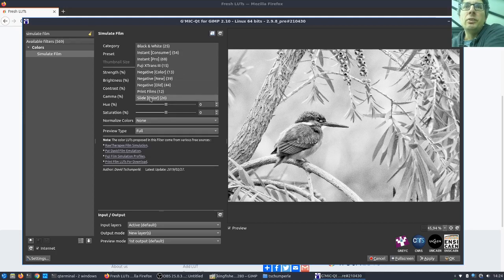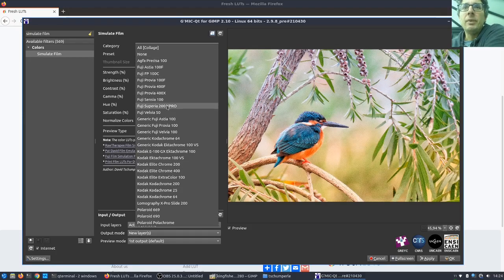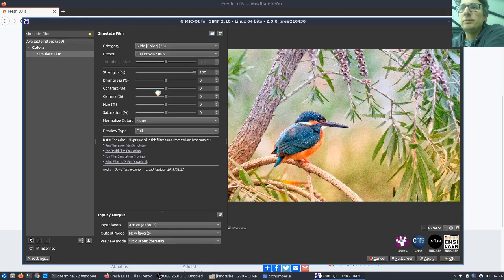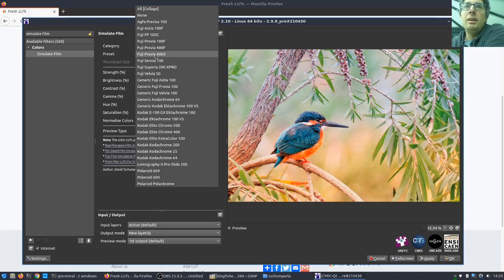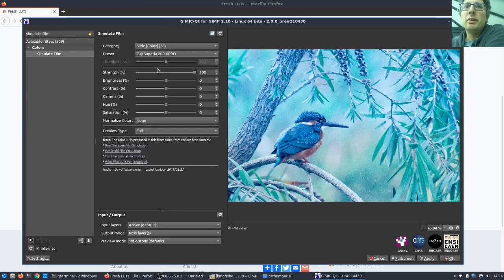Now if I choose the slide color category, I have different brands of films that the CLUTs try to simulate. There is one I like very much, which is Fuji Superia. It's quite a dramatic effect, but let me show something about it. So the idea is that,